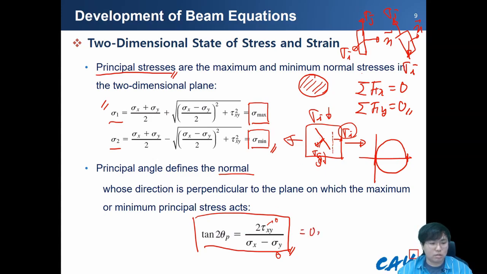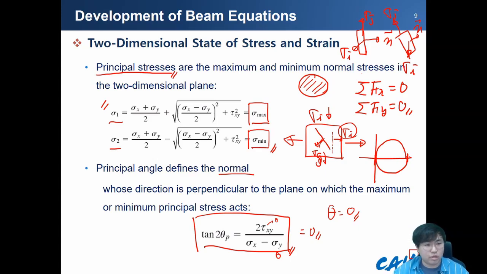The tangent theta equals 0, so what is the meaning of that? Maybe theta is equal to 0, which means there is no rotation. However, depending on the applied force, these surfaces will rotate. But